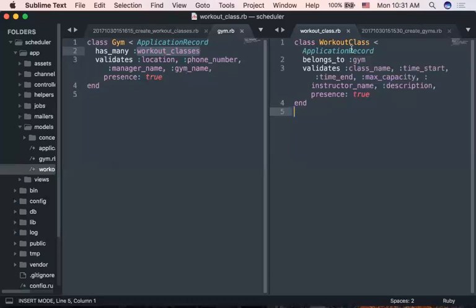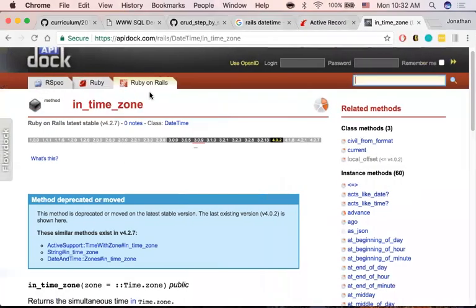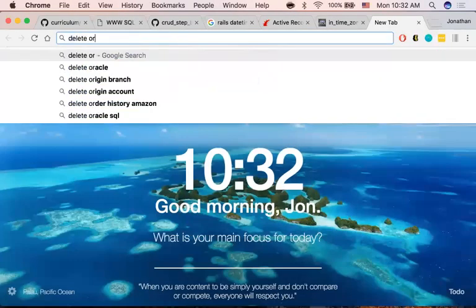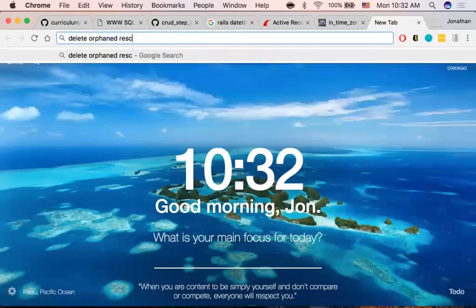And similarly, when you have a workout class, since it belongs to a gym, and if that gym is deleted, it's no longer associated with anything. That's called an orphaned record inside of a database. We want to make sure that if a gym gets deleted, all of its corresponding workout classes also get deleted. That's something we haven't really taken a look into. So I think it's delete orphaned records,